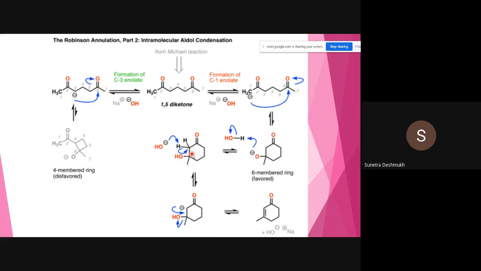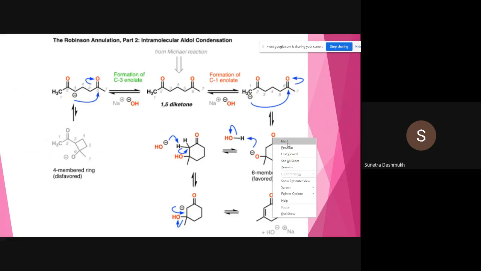So what is the product of aldol condensation? The aldol condensation product is the beta hydroxy ketone we got. And once we got this beta hydroxy ketone, again we got the aldol product here, and this aldol product, on treatment with the strong base, abstracts a proton. This is a highly acidic proton now, abstracting the proton to generate the cyclohexenone, a substituted cyclohexenone. So this is nothing but the mechanism of the Robinson's annulation reaction.